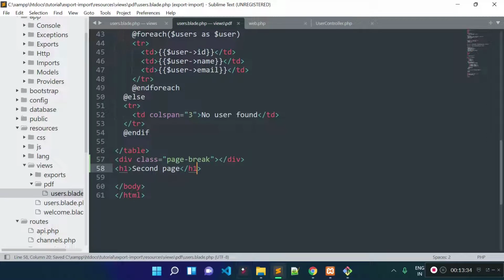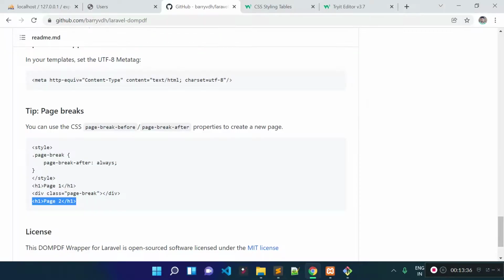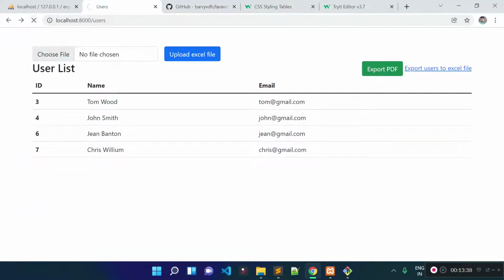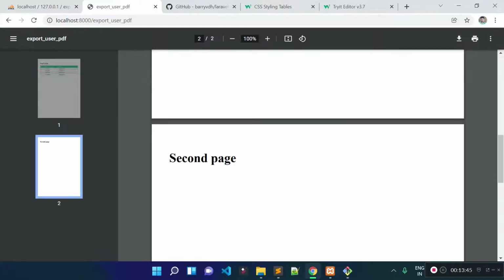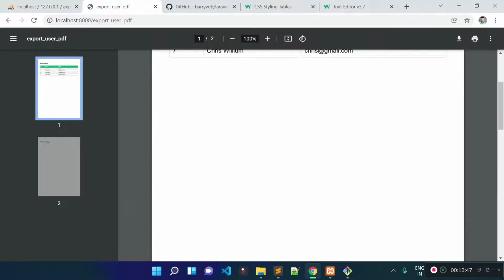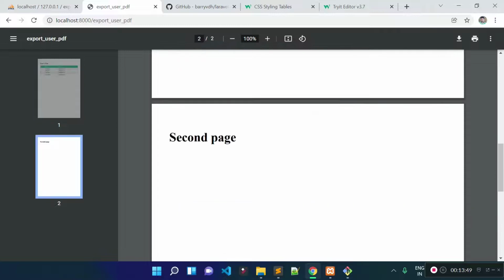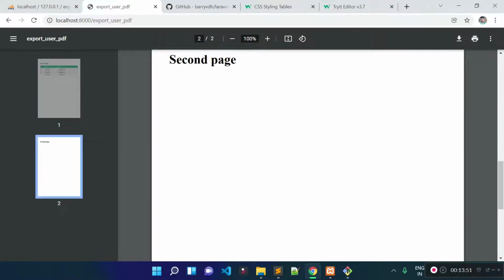Now if I click on this export PDF link again, you see now we have two PDF pages. So in the first page we are displaying user data, and in the second page we added a text, second page.